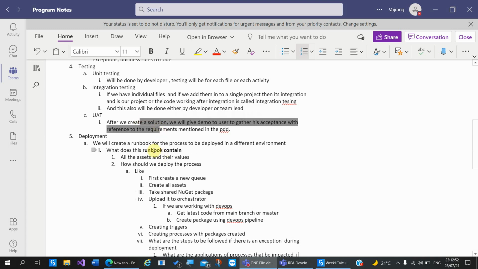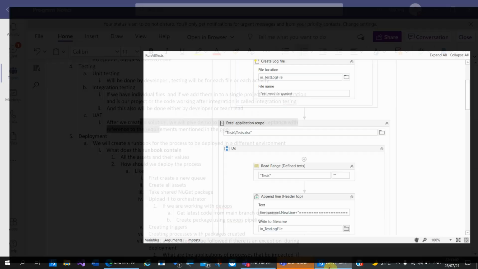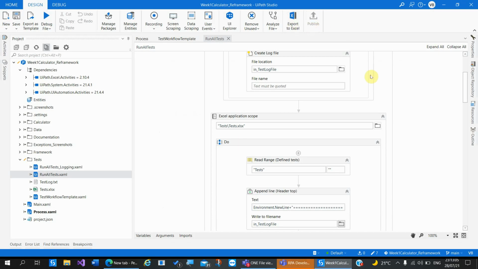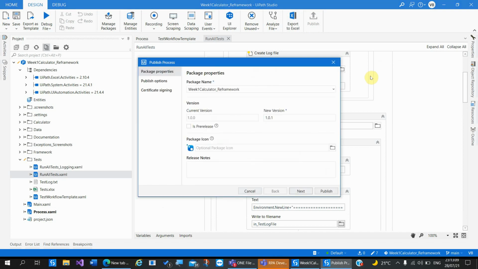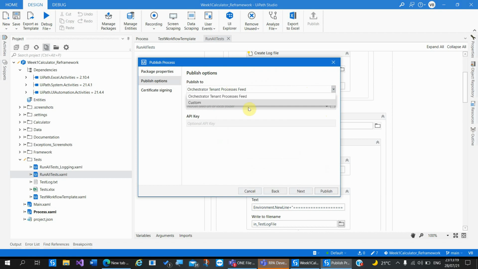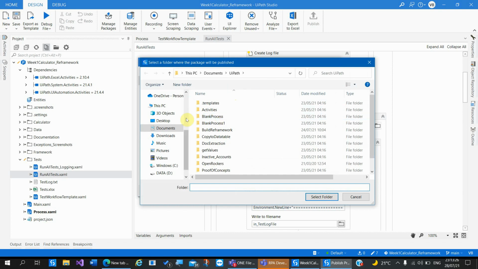This is a very interesting concept, I would say. What happens with this UAT phase is everyone needs to create a package. In this, there will be an option to publish. So you need to go into publish options. Normally it will land up in orchestrator, but what we will do is publish it in a custom folder. This particular folder will be again your